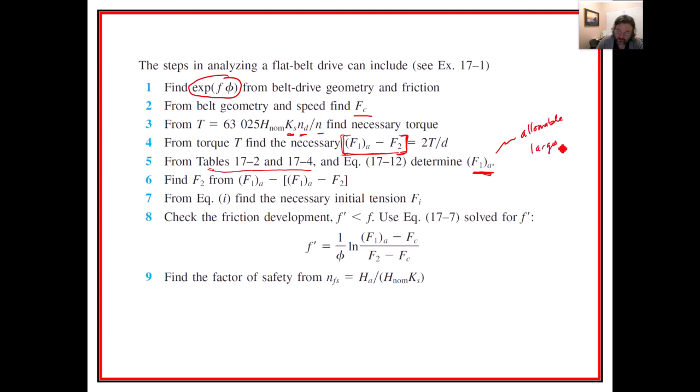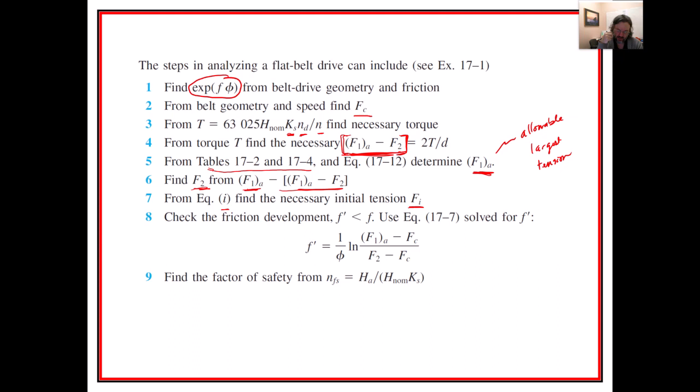largest tension. So that's the allowable largest tension right there, okay? And then we'll be able to find F2 from what I had said above. We just have to subtract out what we find from there, and that lets us get F2. And then from an earlier equation, we're able to figure out what the initial tension needs